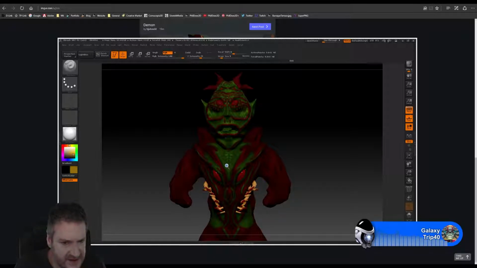I can see that you've added a darker shade of green to the scales as well as the lighter shade, which is good. Well done. And the face. Man. It looks really good,